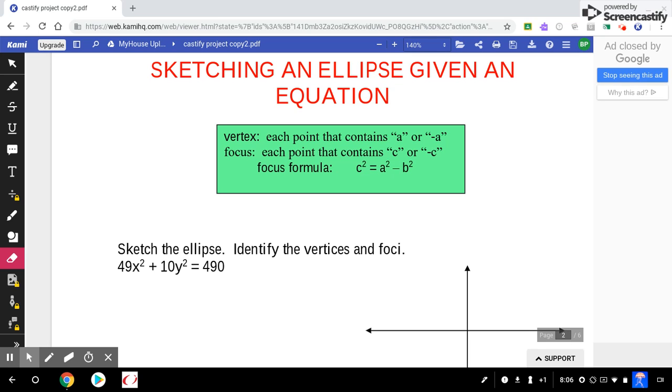Hey, welcome. This is a little tutorial on how to change an equation into standard ellipse form and then sketch it. So two forms of the equation that we might want to look at here. If you are to have, first of all, let me point out here in the green box we got